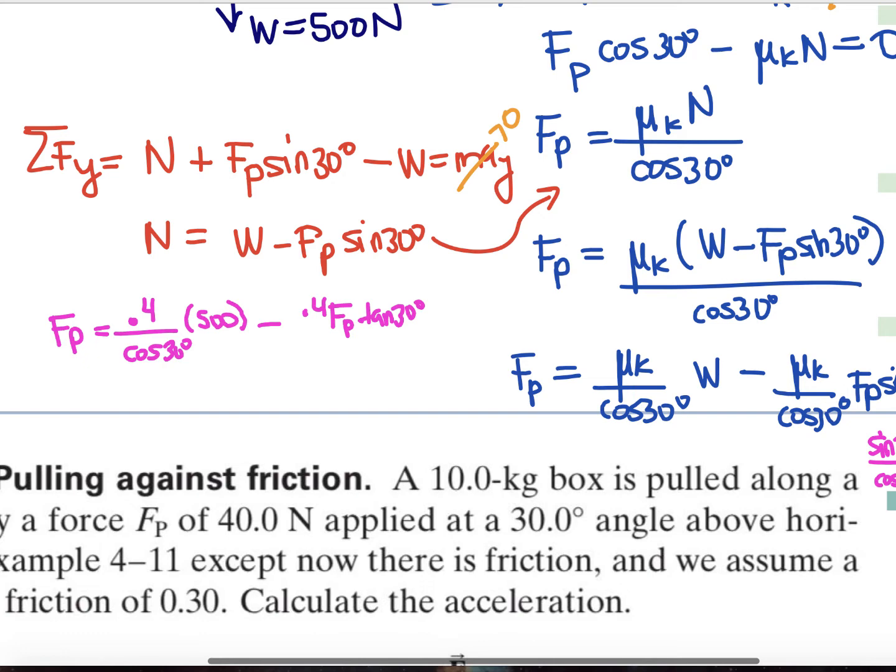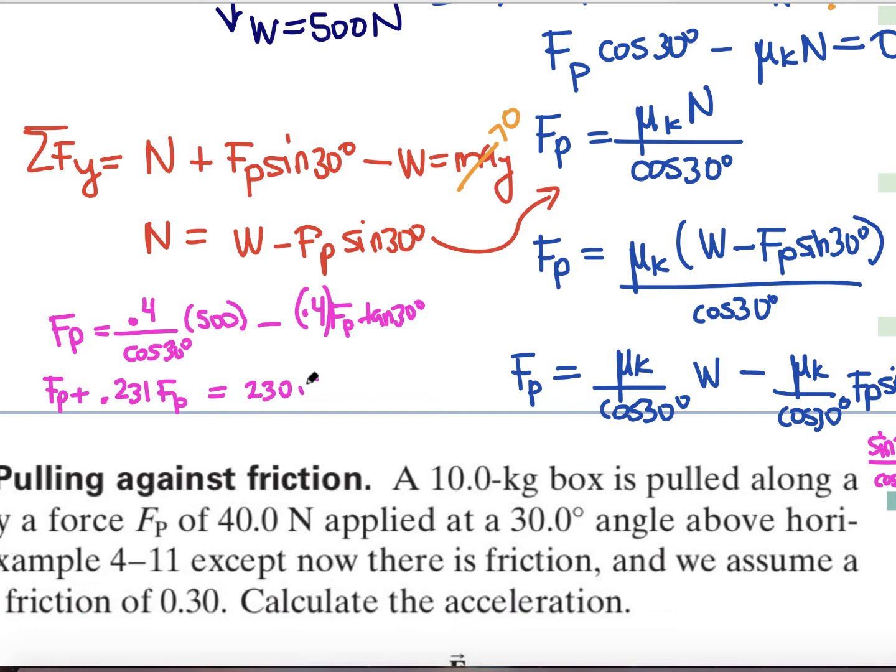Okay, so now what we have to do is add, and sorry if it skipped around, the recorder crashed. So I am now adding this to the other side. So I have FP plus 0.4 tangent 30 FP, and so this is actually, we'll say, 0.231 times FP. And that's equal to, we're going to go ahead and evaluate this, which is, caught me doing math, so this is